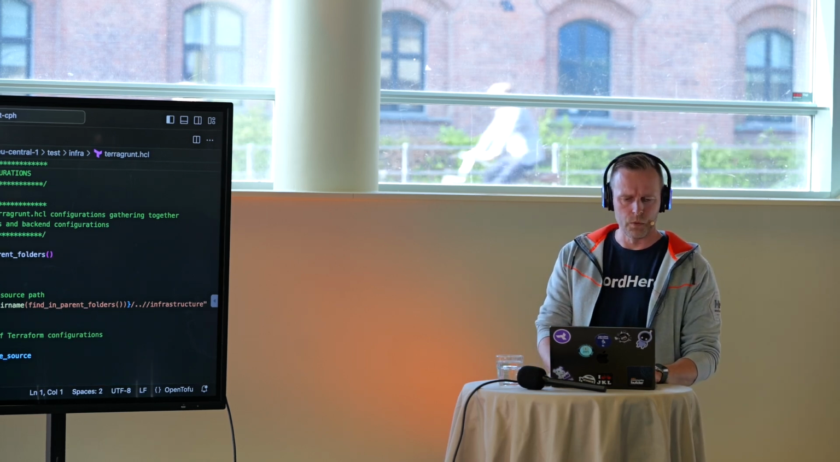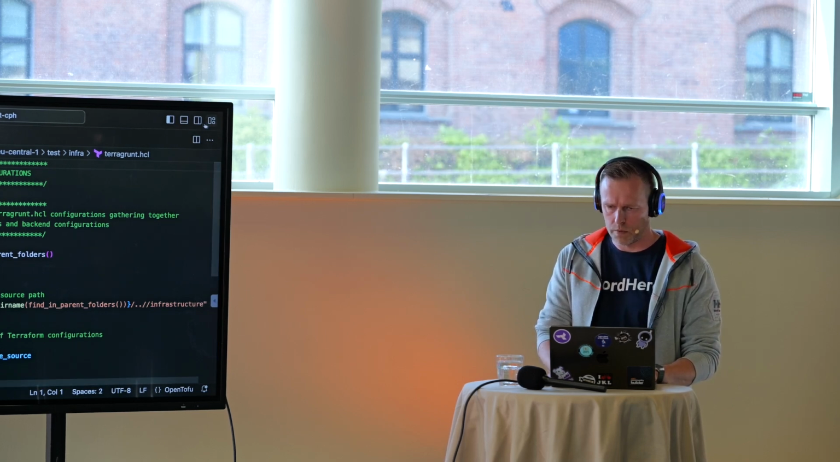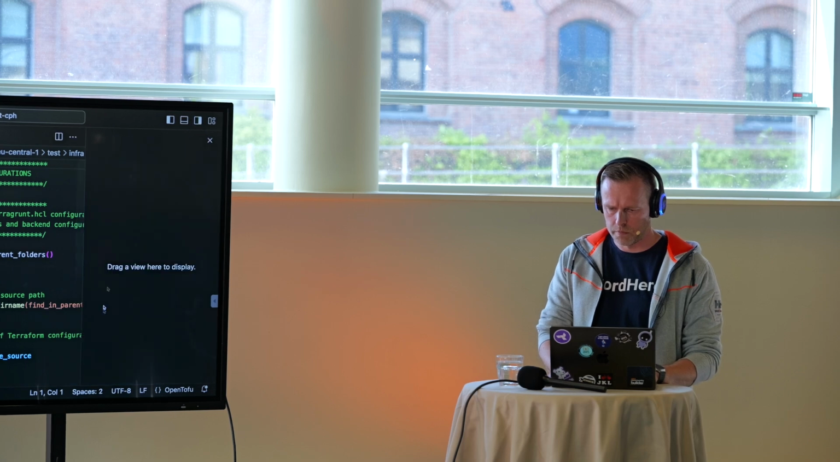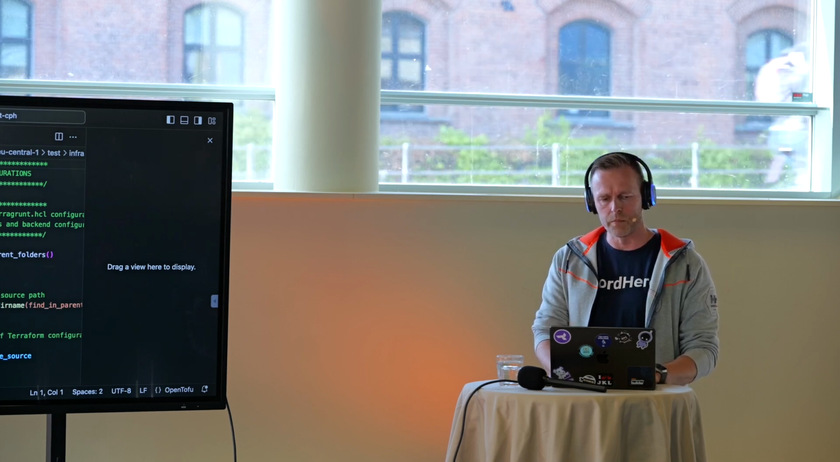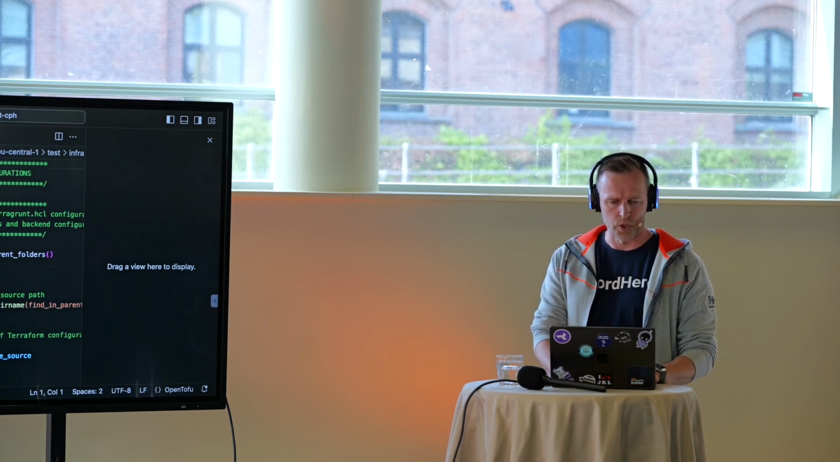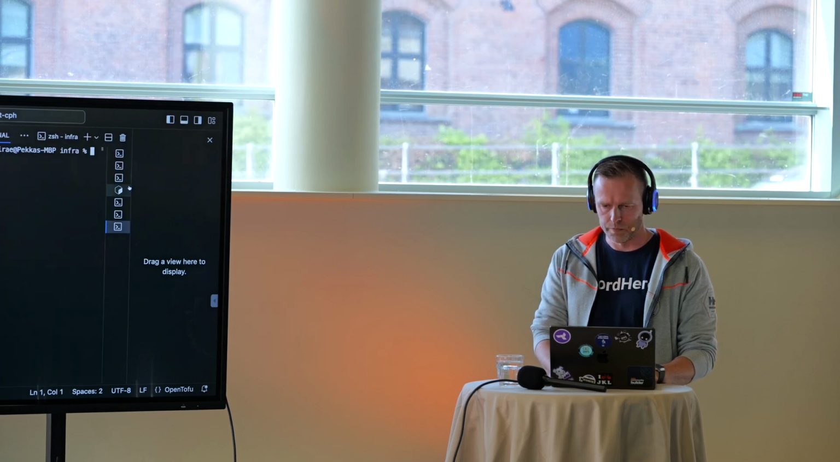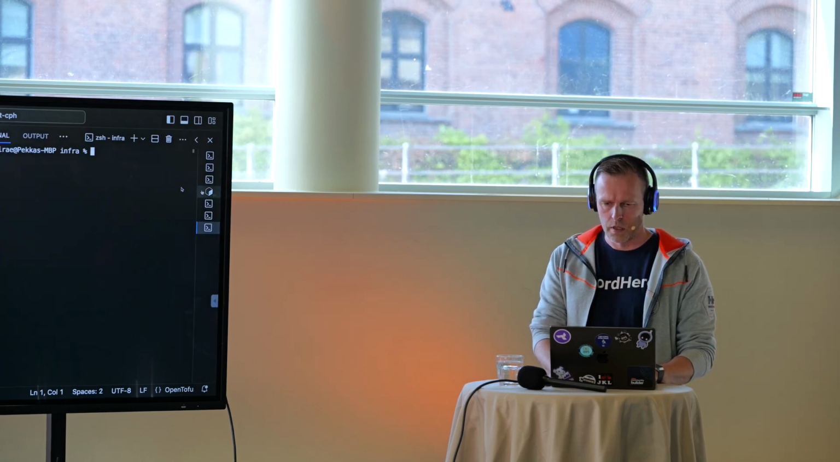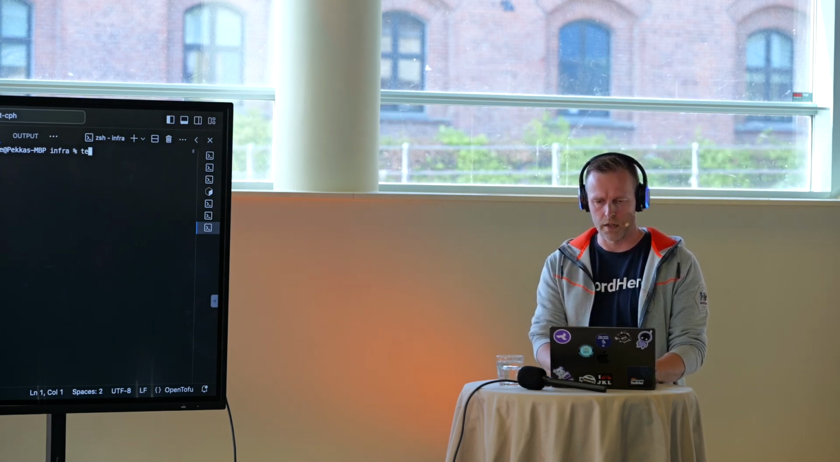So if we first would like to deploy the Stockholm sandbox, open in integrated terminal. Here we go. So now we are in this folder. I can set Terragrunt